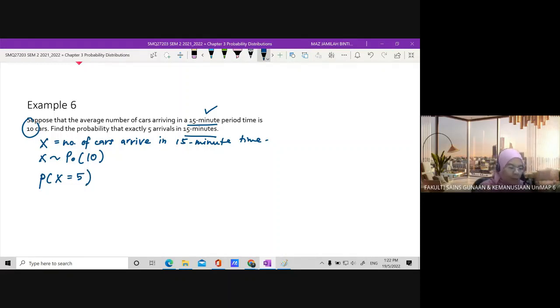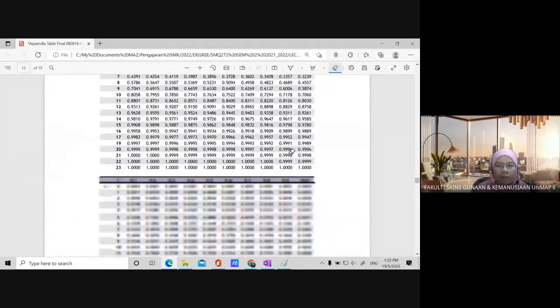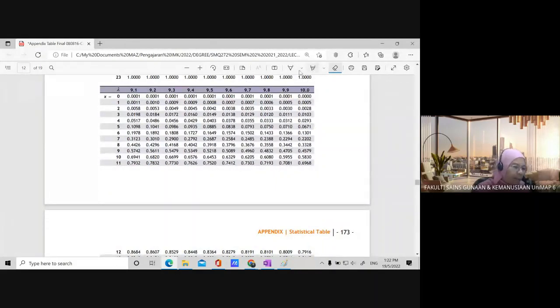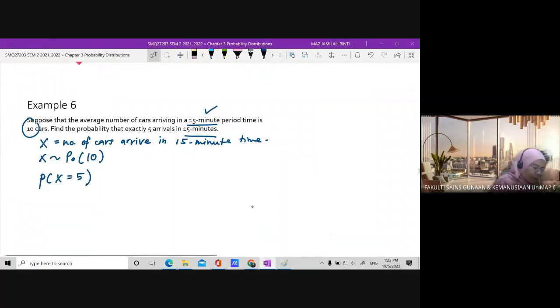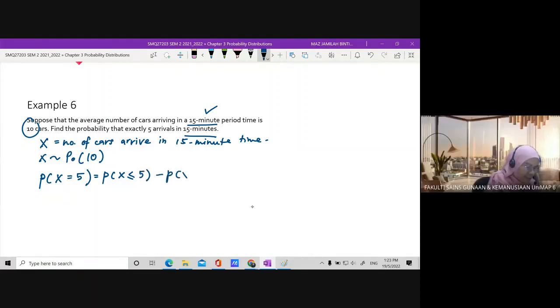Okay, so let's say we go back to lambda equal to 10. So here we got 10, and then we are looking for X equal to 5. We know that equal to 5 is either you use directly your formula, or if we are using our cumulative table, this will be what, class? P(X less than or equal to what? Hello, are you all with me? 5. Yes, 5 minus P(X less than or equal to